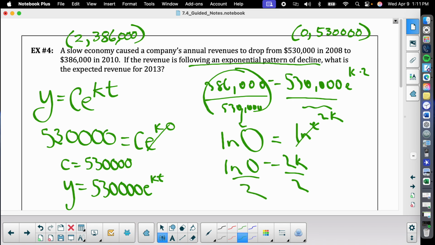Correct. Okay, that's good. As long as we realize that that circle stands for 386 over 530. It is annoying to write natural log of 386 over 530 divided by 2,